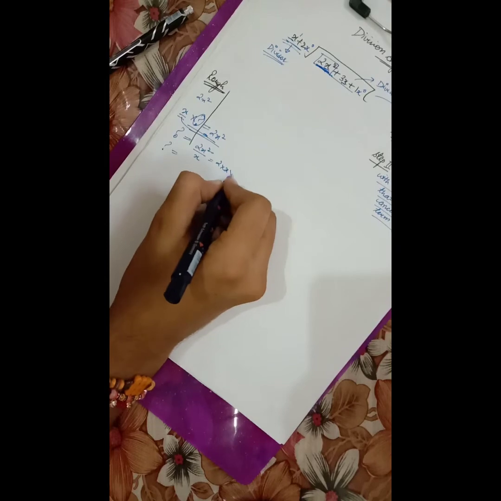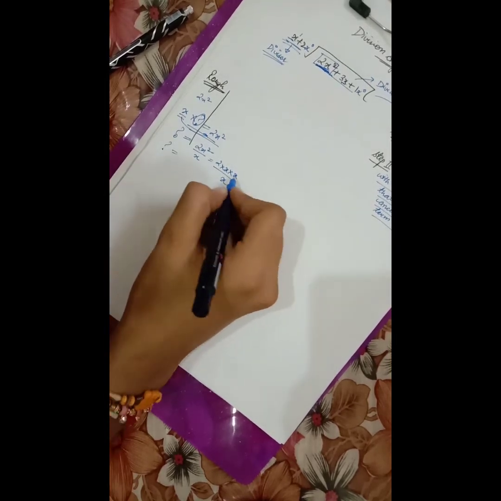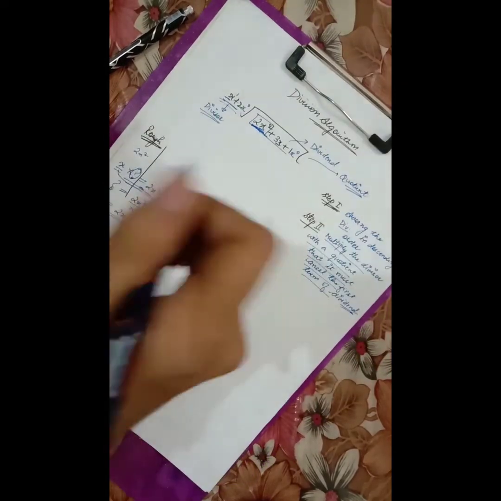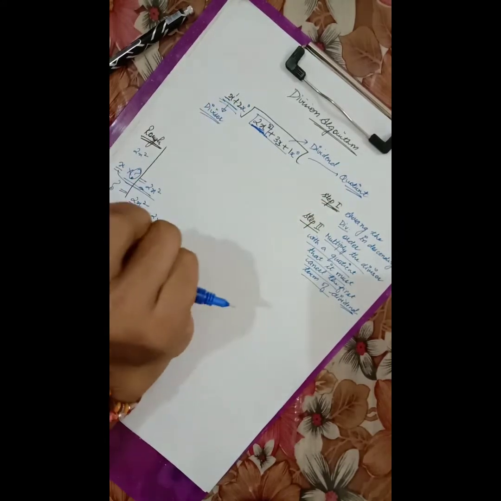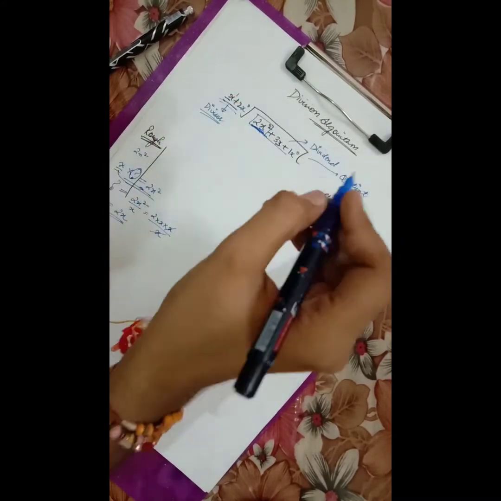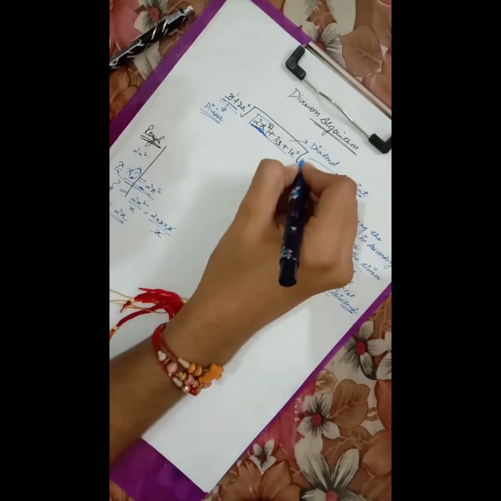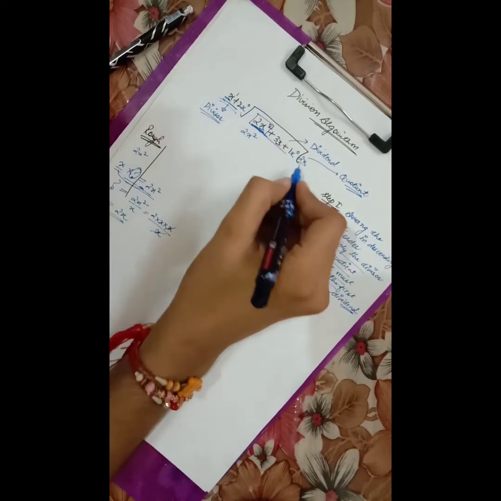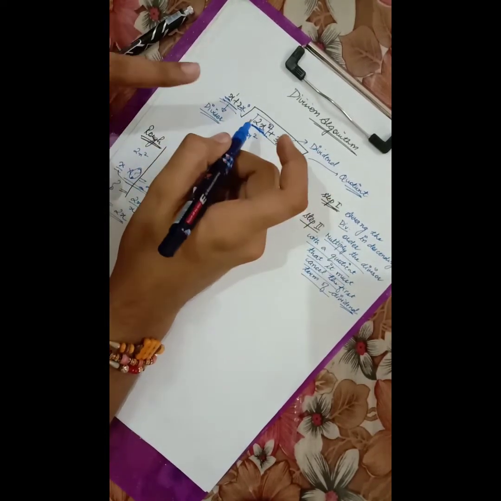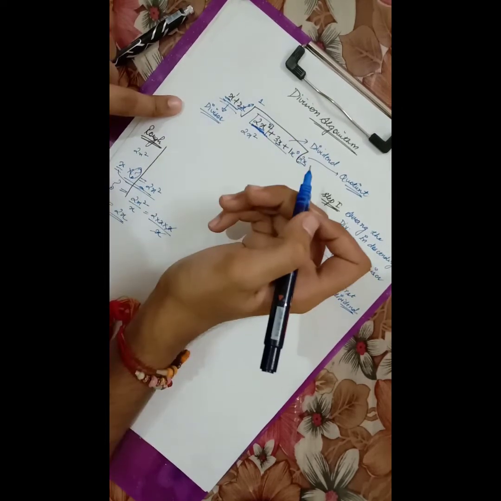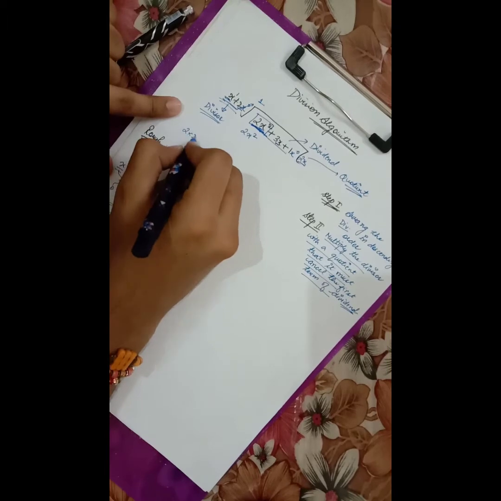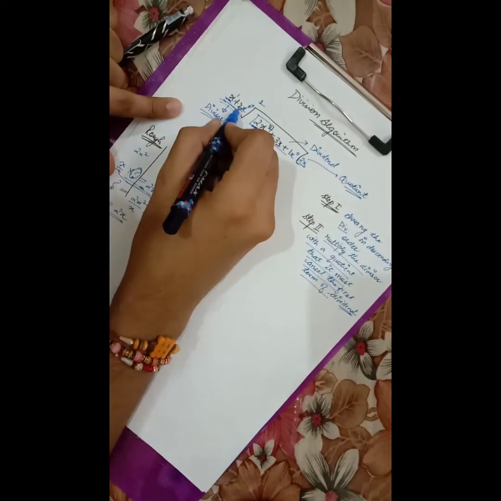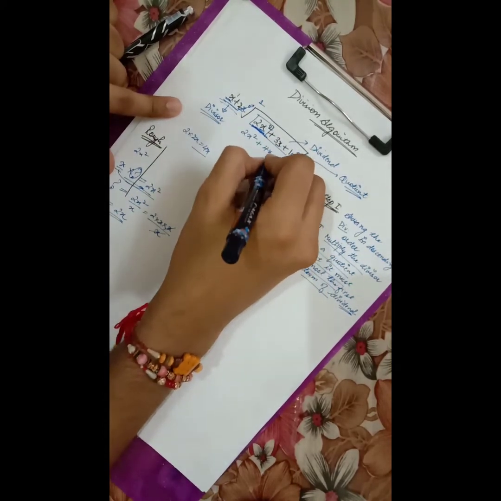2x square means 2 multiplied by x multiplied by x, divided by x. This x runs out and we are left with 2x. So we have to multiply this x with 2x so that the first term is 2x square. So the first part of our quotient is 2x. Now multiply this 2x with x, which gives us 2x square obviously. Now we will multiply this 2x with the term 2, which is 2 times x to the power 0, which is already 1. So 2 multiplied by 2x gives us 4x, which is positive because the sign of both 2s is positive. So it gives us 4x.